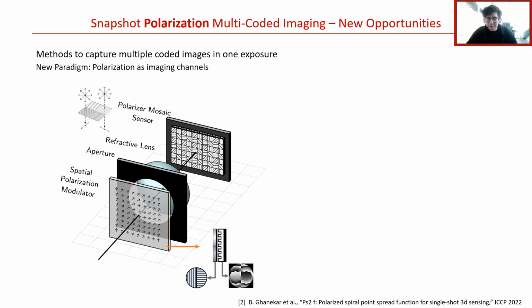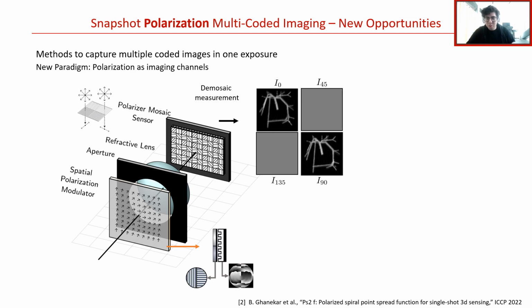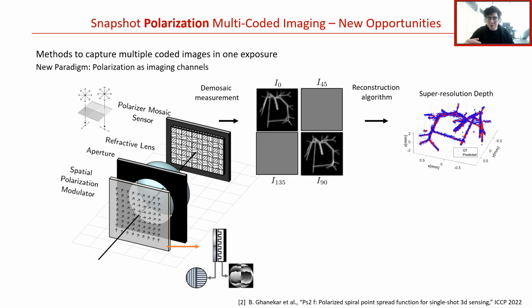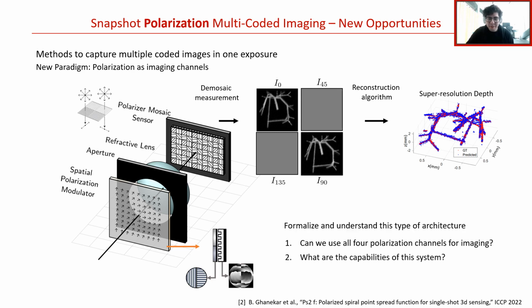After measuring and demosaicing the intensity at the photosensor, two of the four images, let's refer to them as I0 and I90, are used with a reconstruction algorithm here to obtain super resolution depth maps. By having two optically coded images instead of just one, the authors again demonstrate substantial improvements in accuracy relative to single imaging systems. Now, the heart of this work is to delve deeper into systems of this type and to